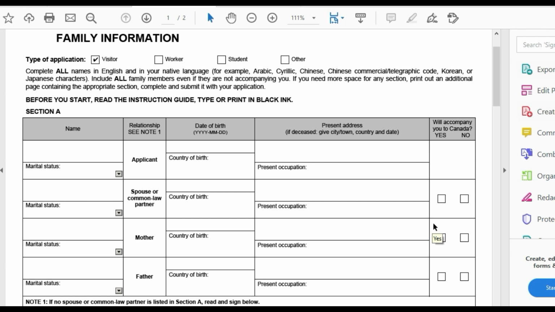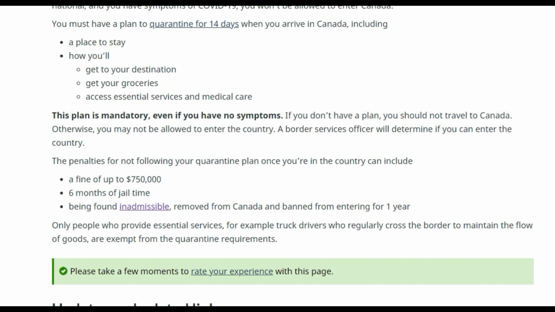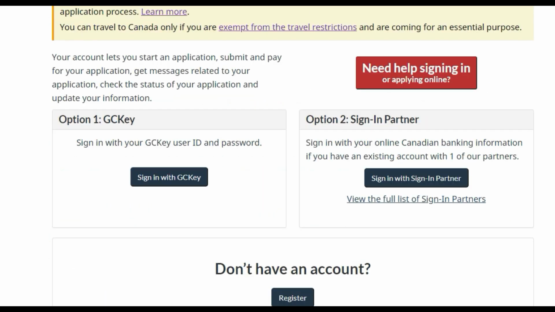All right, next I briefly have to tell you where you have to do this. You have to sign up here, sign in with GC key. I have put links in my description on how to sign up and sign in with the GC key, with all instructions you can follow.